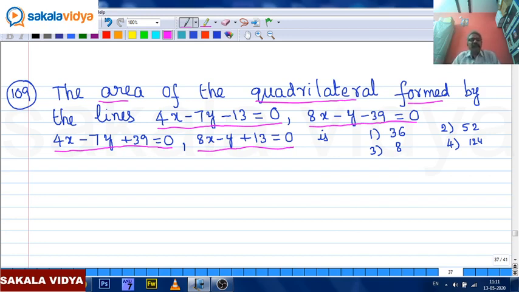Whether the quadrilateral is a rectangle, square, parallelogram or rhombus, the formula is the same. You remember this required formula. So, area of quadrilateral